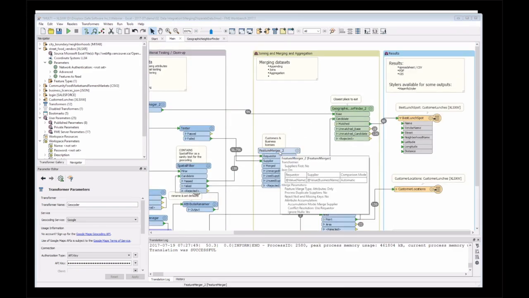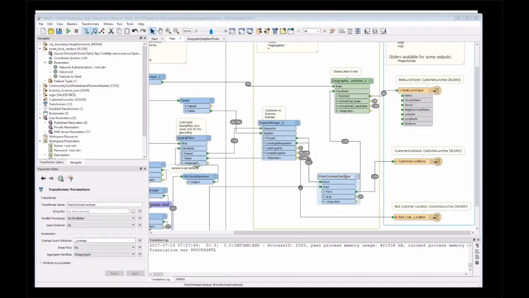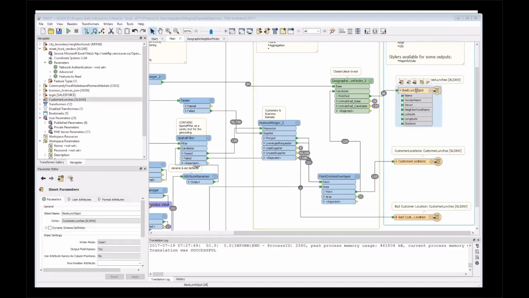We can merge data together, as Tia has already shown us, and we can also do spatial overlays. So we can do spatial queries or spatial joins within FME. And then what we can do is write out the results. And in this case, I'm writing them out to an Excel file. And we can just have a quick look at those results